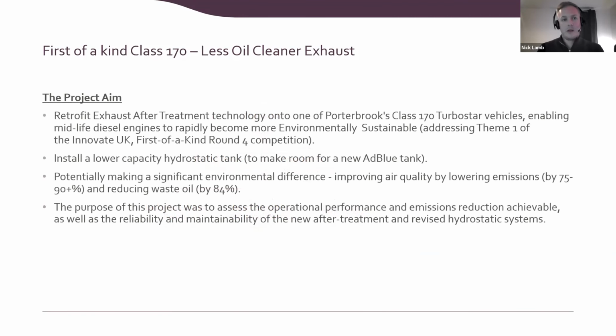So the project aim was to retrofit exhaust after treatment technology onto one of Porterbrook's Class 170 Turbostar vehicles, enabling mid-life diesel engines to rapidly become more environmentally sustainable, which addressed Theme 1 of the Innovate UK First of a Kind Round 4 competition. In doing so, we needed to install a lower capacity hydrostatic tank. This was to make room for the AdBlue tank, which needed to be installed, and potentially making a significant environmental difference. So the aim was to improve air quality by lowering emissions by somewhere between 75 and 90%